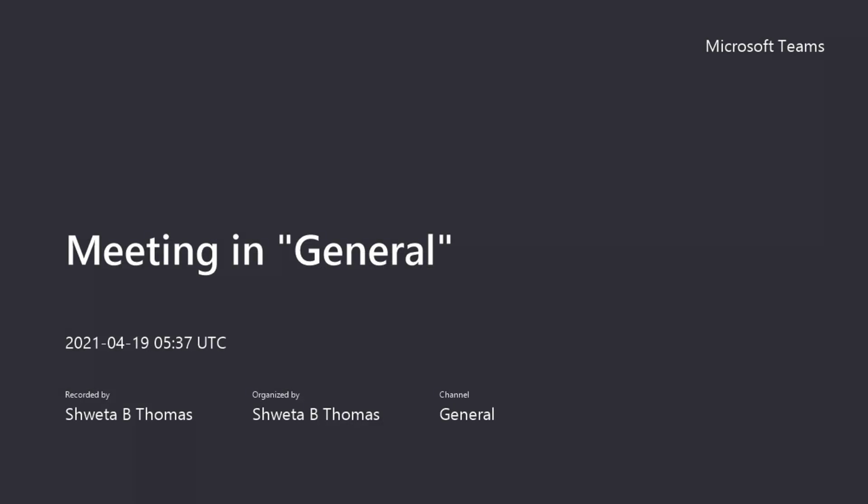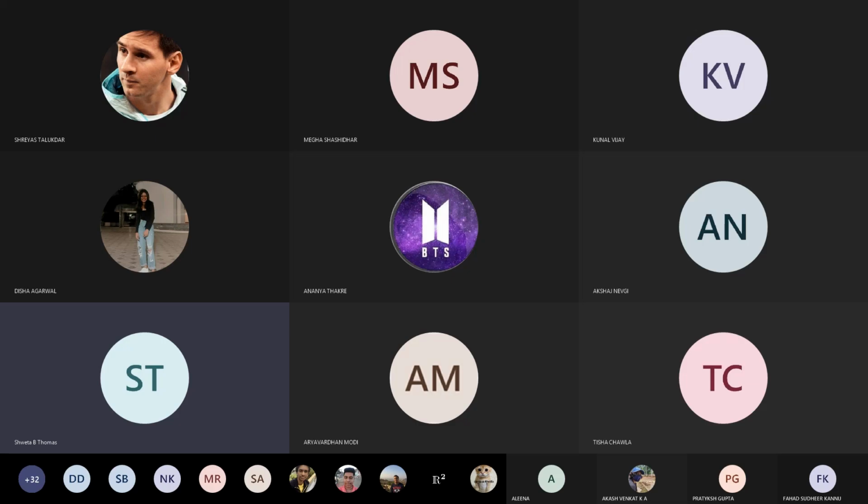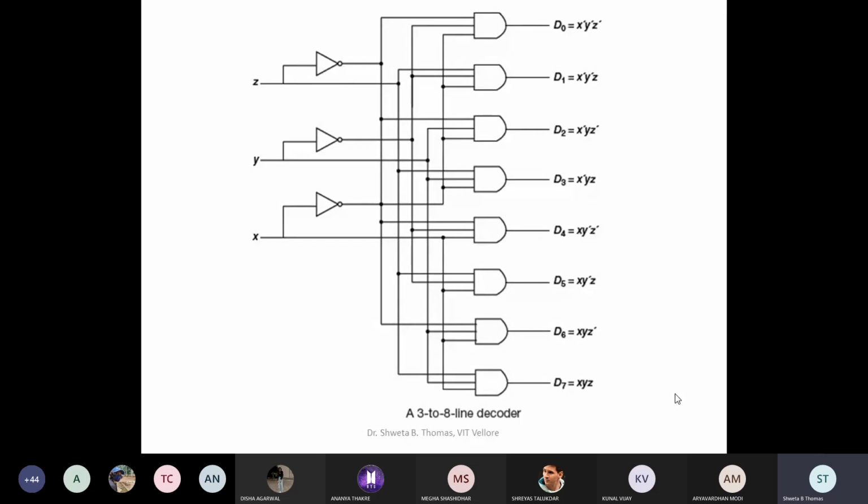So this was the 3 to 8 line decoder. Here I told you we can have a maximum of 2 to the power n output lines. Why have we added the term maximum? Because we are not always using all the combinations of input. Like in the BCD decoder, some bits are used as don't care conditions. That's why we write the statement maximum of 2 to the power n output lines.